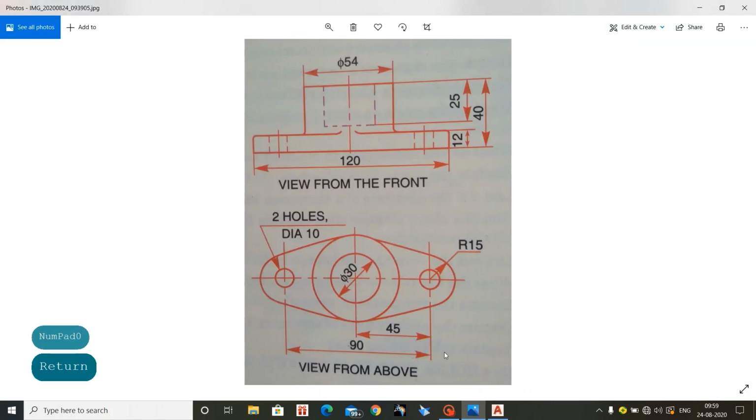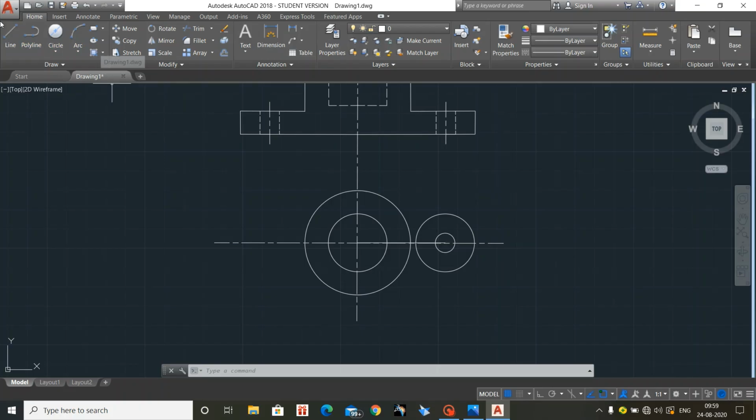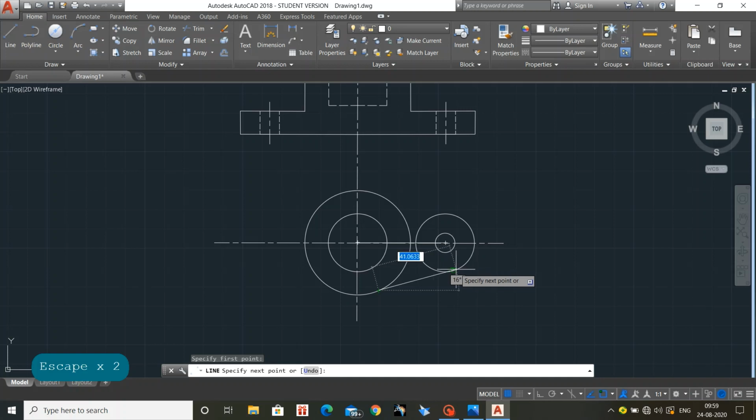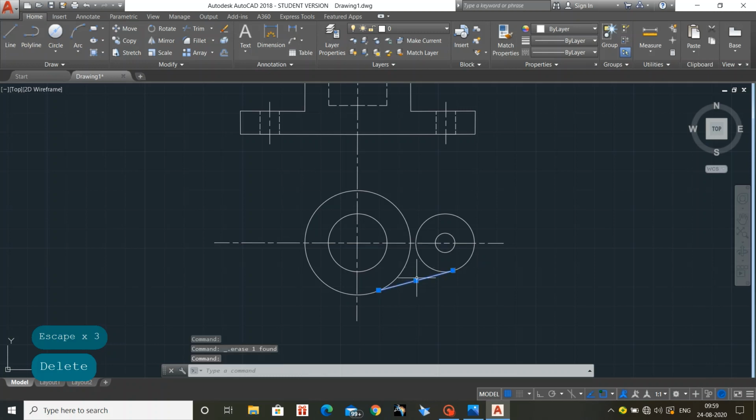Right, we are going to construct the lines now. Lines can be constructed from center to center, meaning the quadrant point, or else we can construct them from the base point as we like. From there to that point, it represents perpendicularity, that is perpendicular. Now I would like to mirror this line.